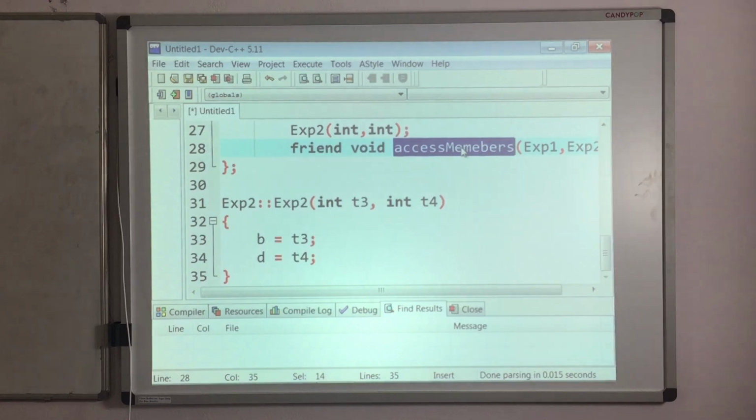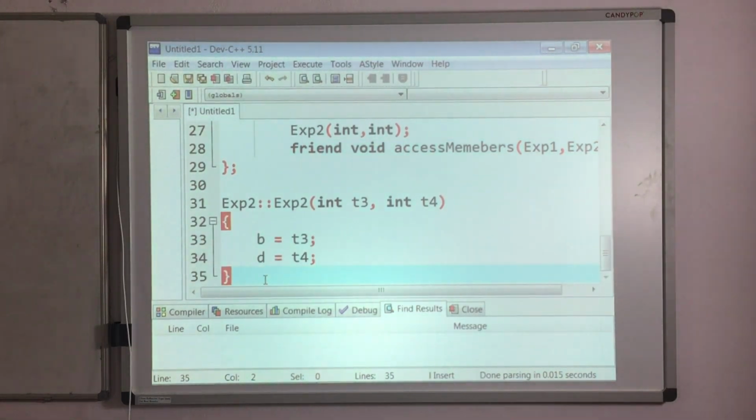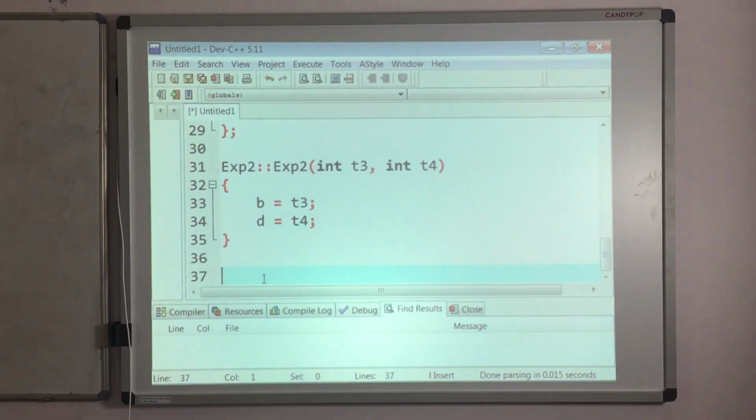as the scope of this access members is not limited to any one class, isn't it? Because the scope is in multiple classes. So we need no class qualifier in order to write the definition of this access members friend function. So how can we write it?